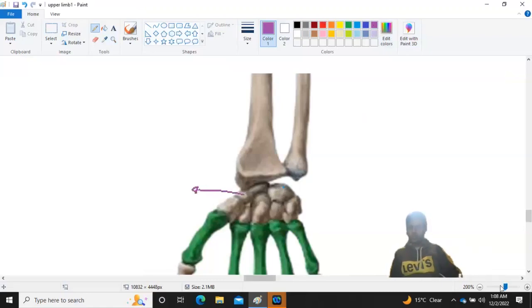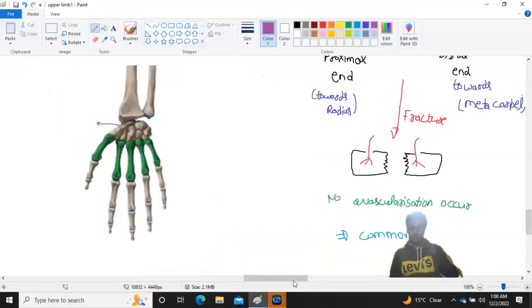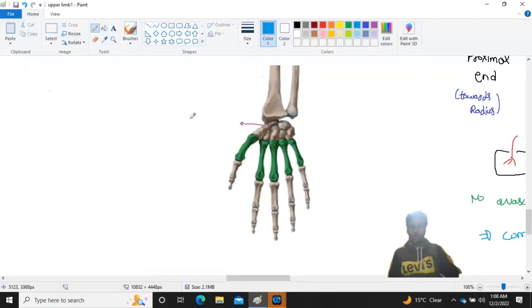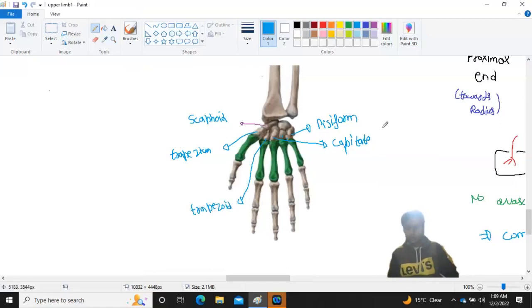Scaphoid, pisiform bone, pisiform, trapezium, then capitate. पहले कैपिटेट कर लेते हैं। इसके बाद ट्रेपेजॉइड, then